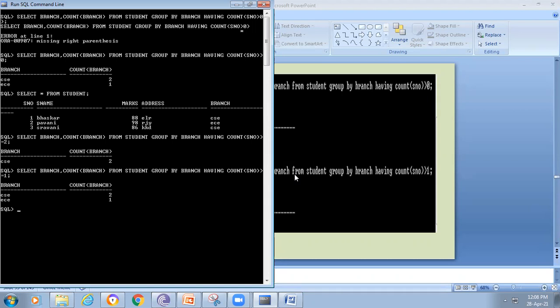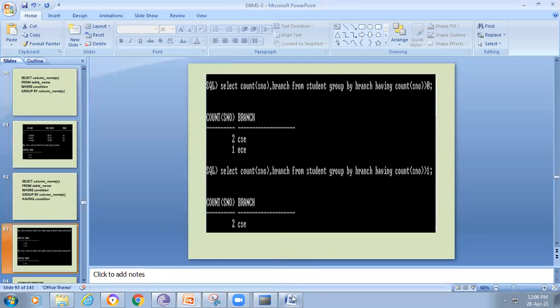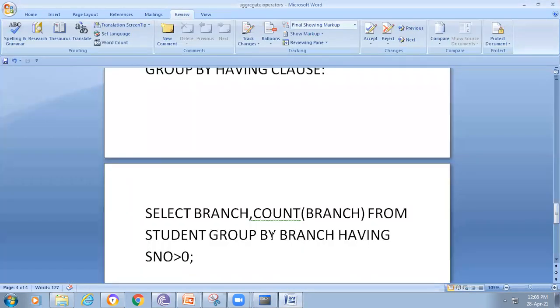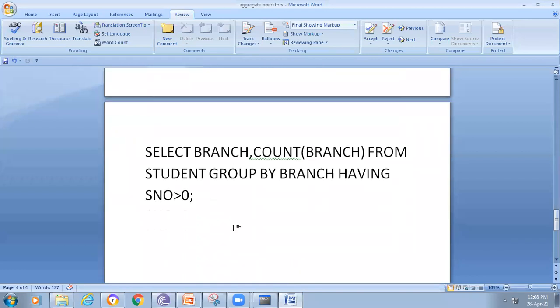That's why it will be displaying the output. I hope all of the members were able to understand this. So that is the use of group by and group by having. Please try to remember this.